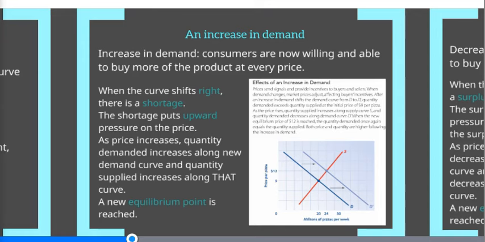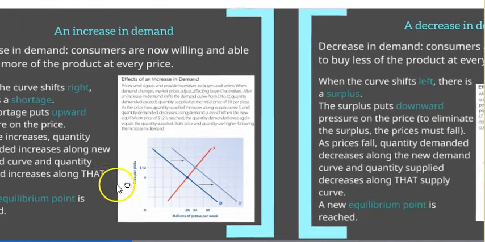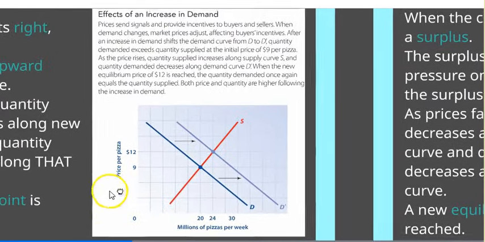So when a curve shifts to the right, there is considered a shortage. And if you remember from last video, the shortage puts upward pressure on the price. As the price increases, quantity demanded increases along the new demand curve, and quantity supplied increases along that curve. A new equilibrium point is reached. So if we look at this curve,